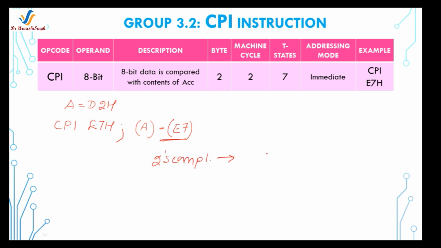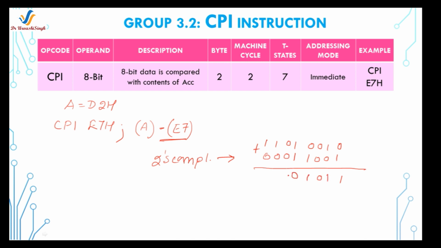This is 0001 and 1001. Now adding this number to the binary equivalent of D2 hex. So it is 1101 0010. Adding these two numbers, you will have